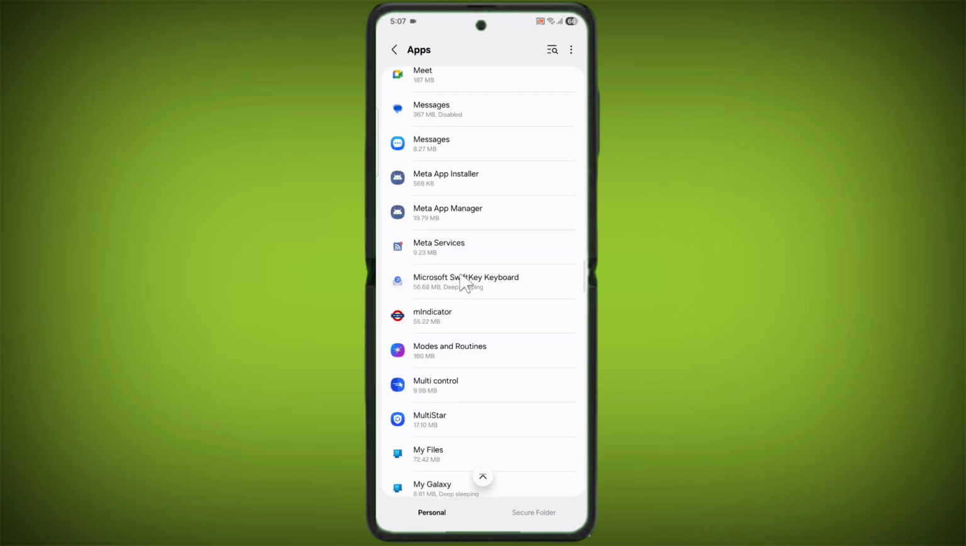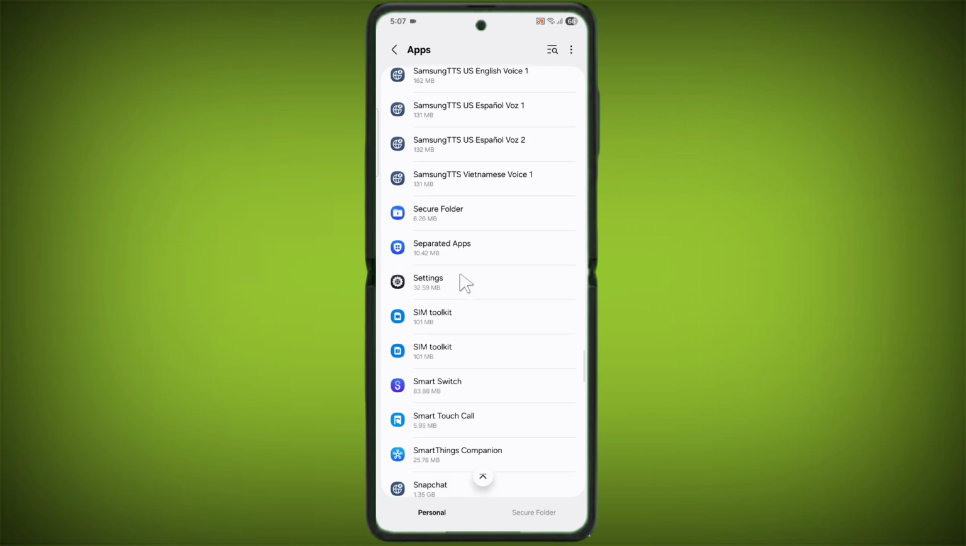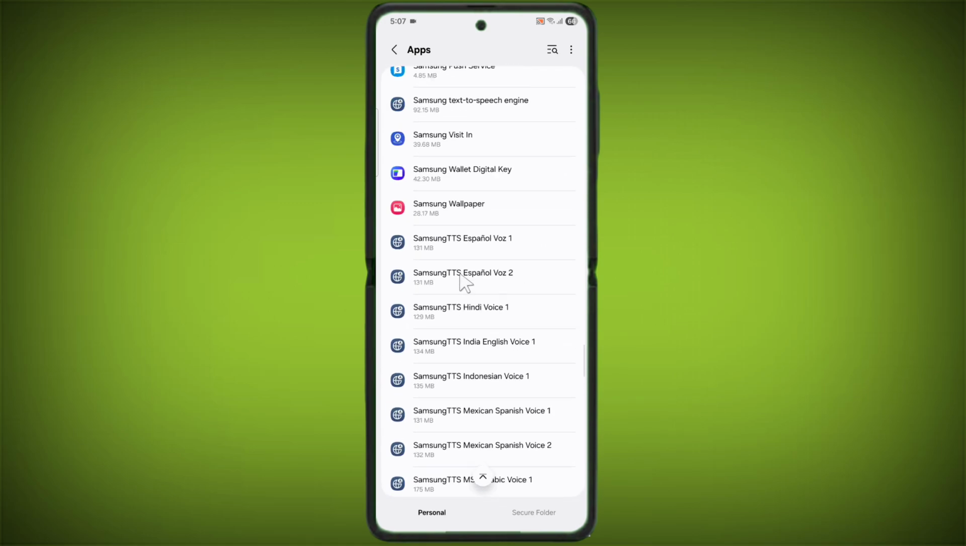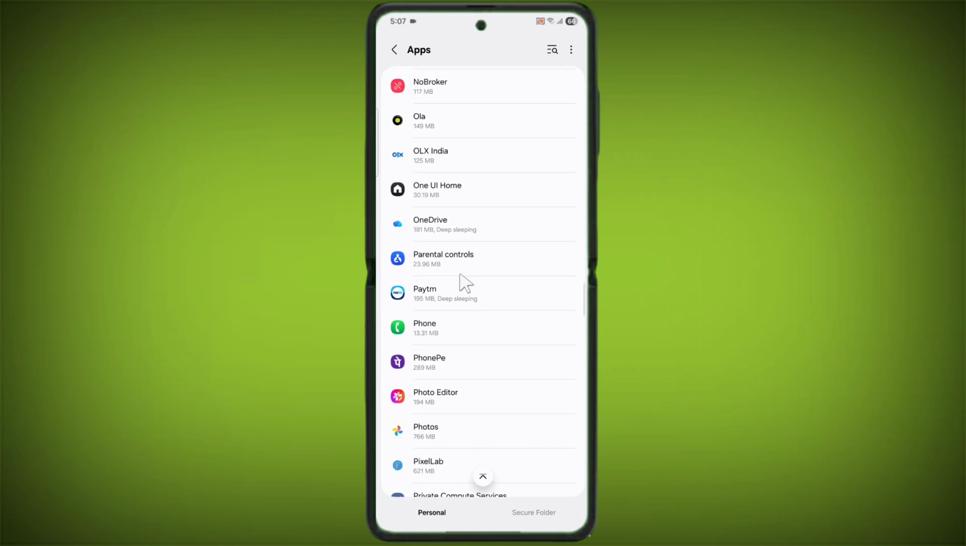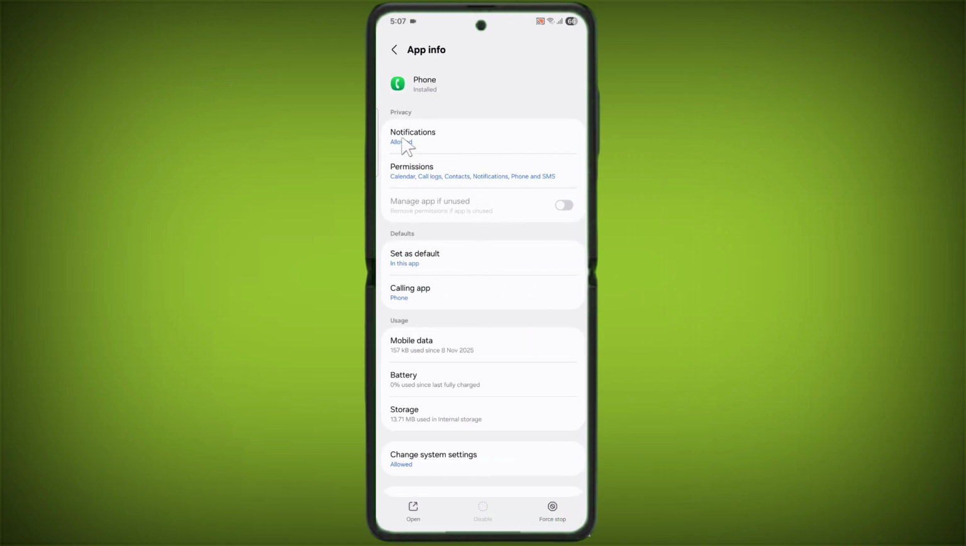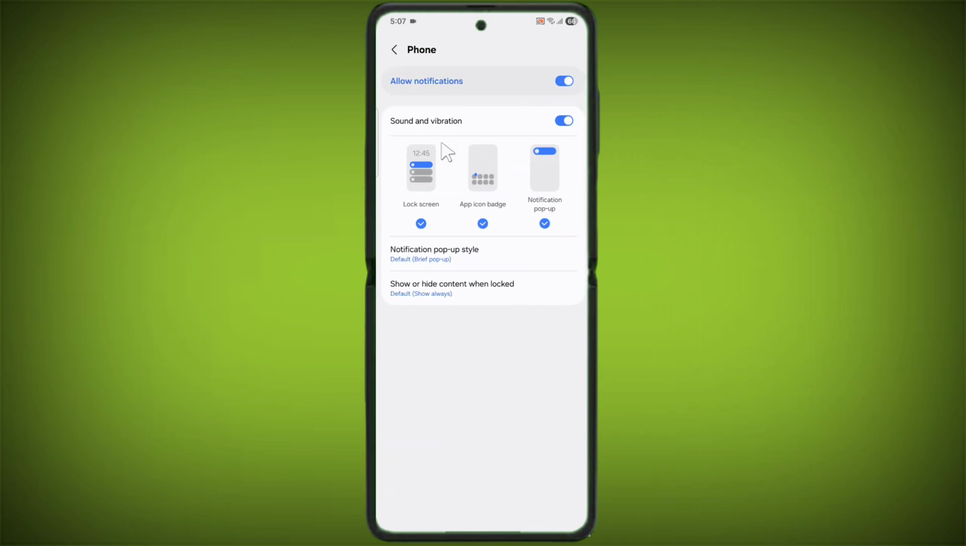Scroll down and find the phone application, the caller application. So where is it? Here it is. Click on it. Now tap on notifications and just make sure everything is enabled. Allow notification sound and vibrations, lock screen icon, app icon badge, notification pop up, everything is enabled. So when everything is enabled, just go back,